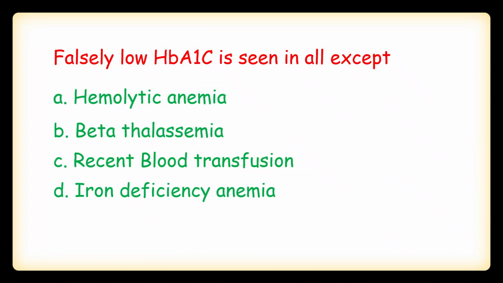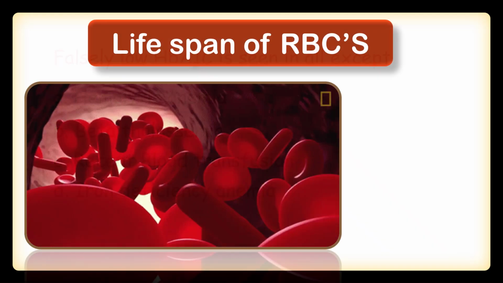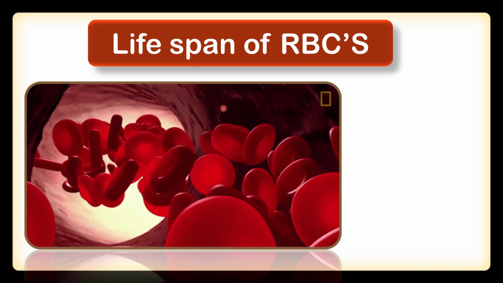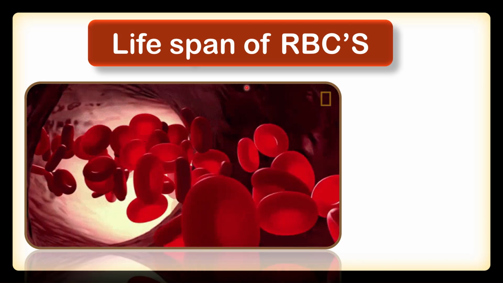The question is: falsely low HbA1c is seen in all except. Option A is hemolytic anemia, option B is beta thalassemia, option C recent blood transfusion, and option D iron deficiency anemia. So before going to the question proper, we will see the basic concepts: RBCs are produced in the